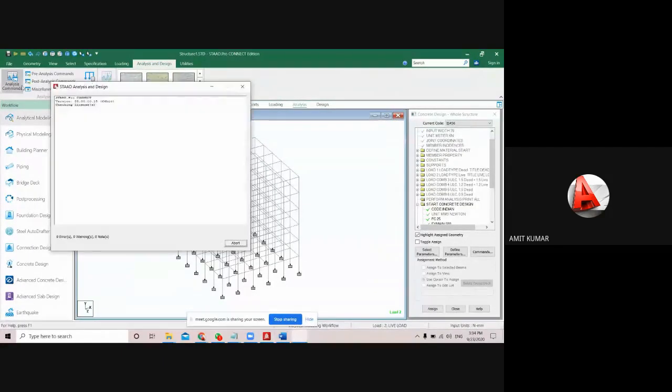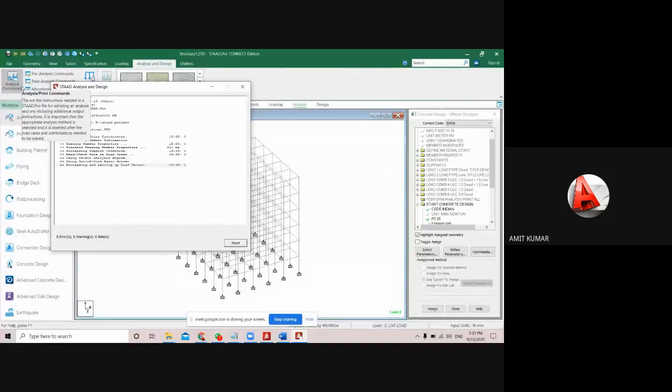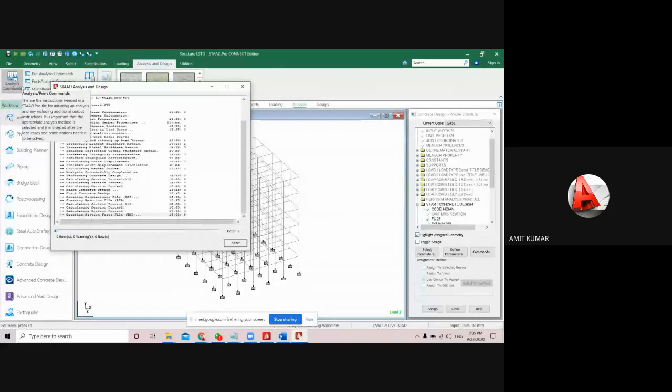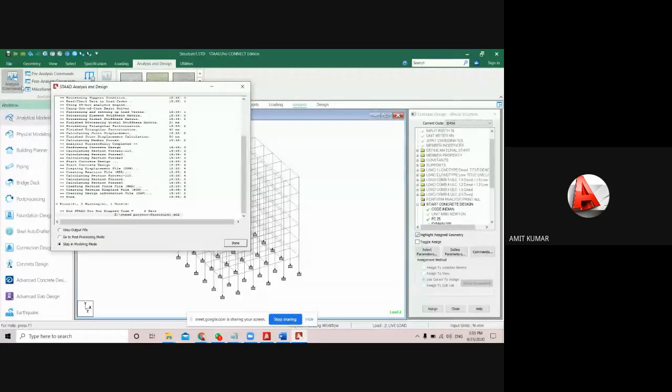We already added the analysis command. Maybe first we will get a few warnings or notes also. So here I am getting the warnings. Before opening the output file, I will explain one thing. Basically, warnings and notes may be a suggestion also. Sometimes it will be a suggestion. In that case, you can ignore the warning. But sometimes, if it is showing that the following beam is failing or anything else, then we have to consider the warnings. So just see it.